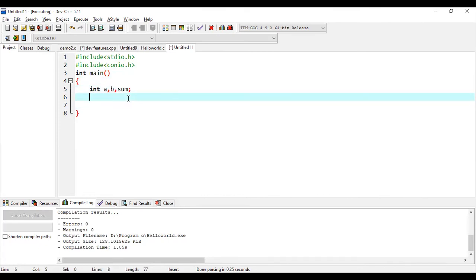Next one, I'm going to convey a message to the user to read two numbers from the keyboard. So printf, enter two integer numbers.